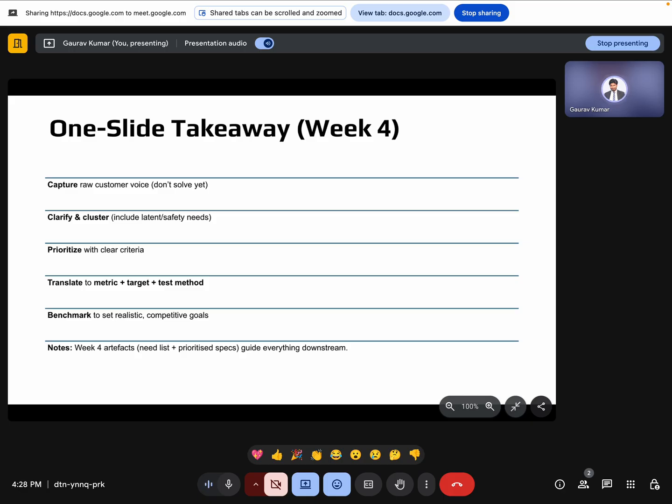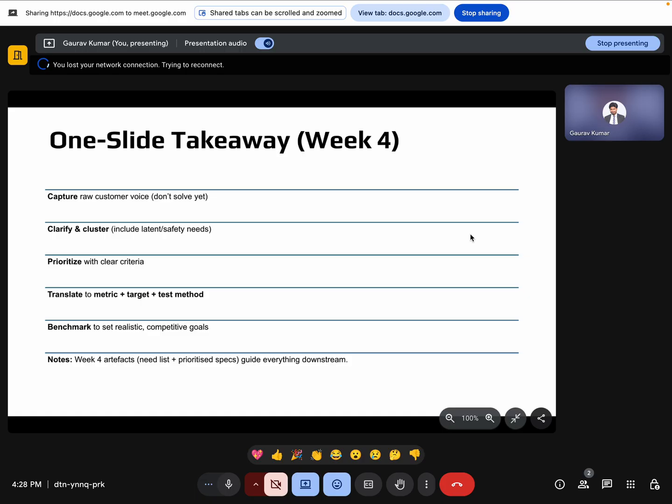Translate each key need into a spec composed of metric, target, unit, test method, and benchmark to get goals that are good, competitive, and feasible. The outputs you leave with are a prioritized need list and a living spec seed,